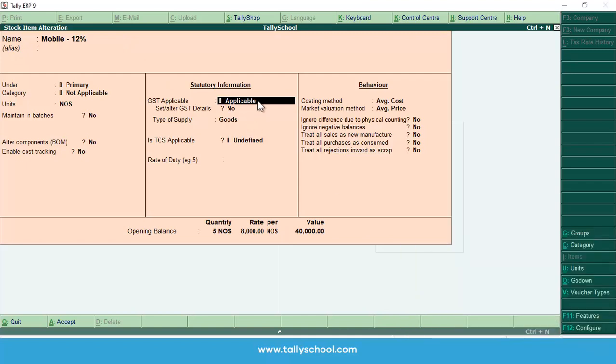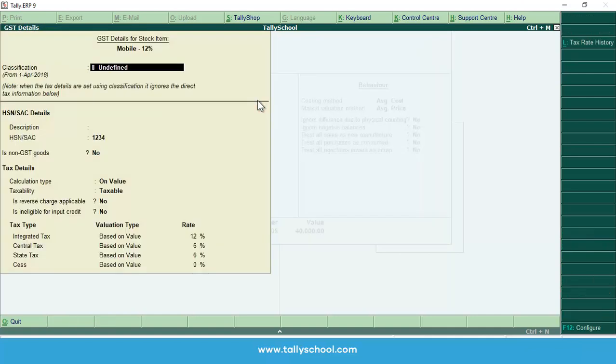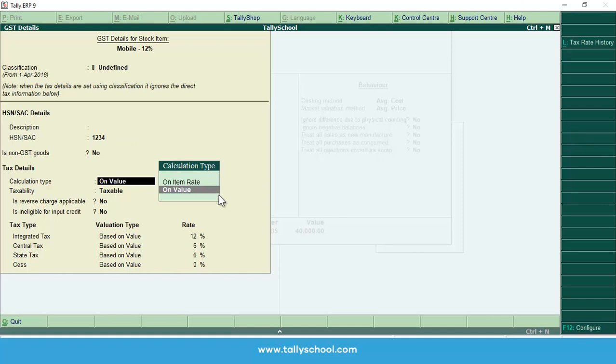GST applicable, yes. So we will set the GST details so I can show you. So press Y and press enter. So undefined, enter the HSN code because this is our product, this is not a service. If it is a service, you have to enter the SAC, that is services accounting code. So I've entered the HSN code 1234 just for the example. It is not the real HSN code, and it will be on value